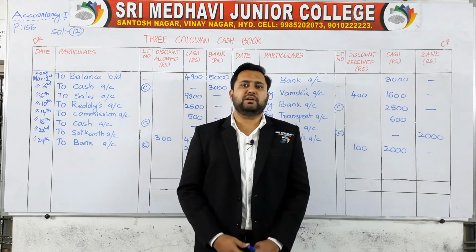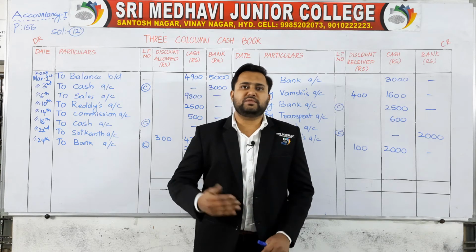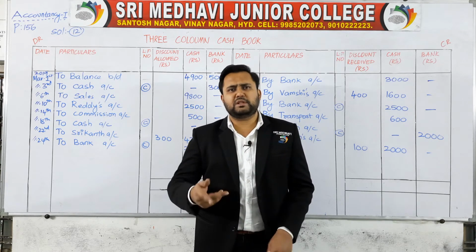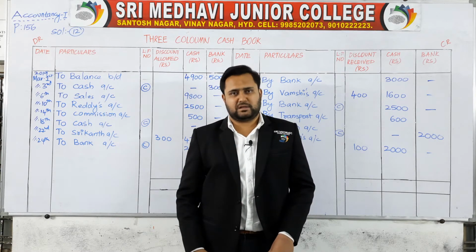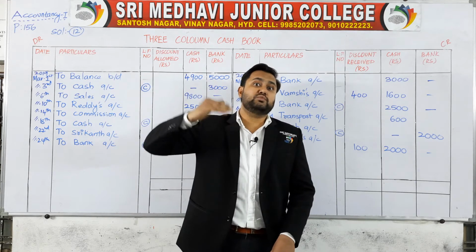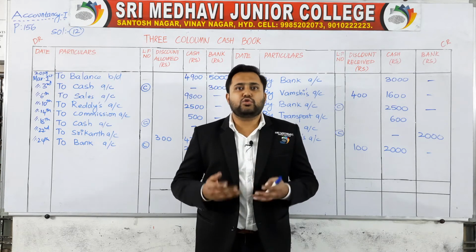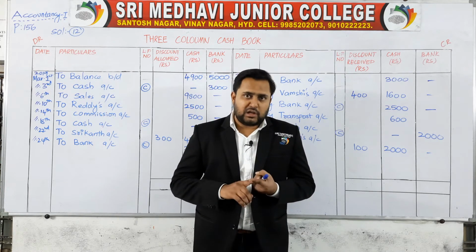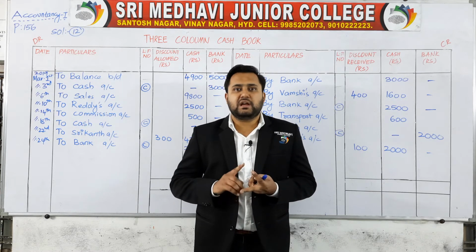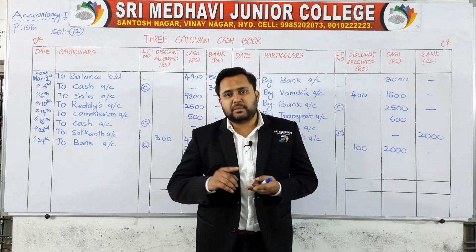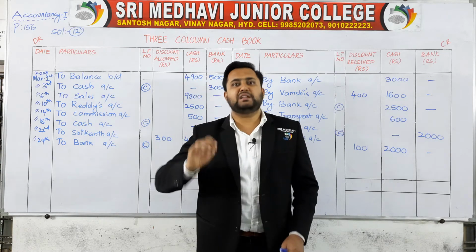Let us say, for example, you have 10,000 rupees in your bank, but you have done shopping of 15,000 rupees. Then how is it possible to pay through debit card? It is highly impossible. You can pay only 10,000 because you have only 10,000 rupees in your bank, and you have done shopping for 15,000, which is more than your balance. So if you have sufficient balance in your account, then you are allowed to pay, whether through Google Pay, Amazon Pay, Paytm or any other application, internet banking or debit card. If you are paying, it means it is related to bank. The amount is going to be minus from your bank.